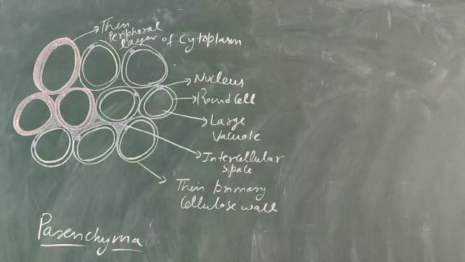And when these cells contain the chloroplast in them, and are present in the leaf, then they help in the manufacturing of food also. So parenchyma tissues are found in different kinds of parts of the plant. They are also present in the leaves, roots, stem, where they are giving the function of